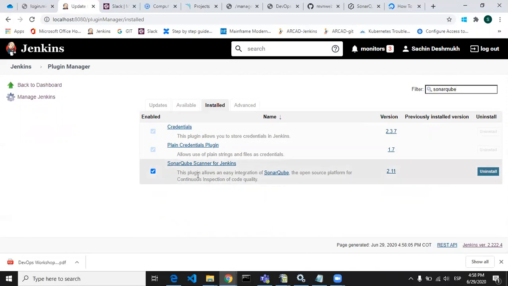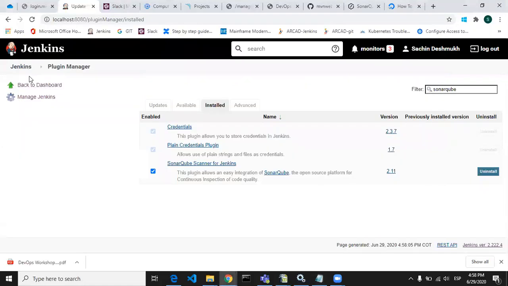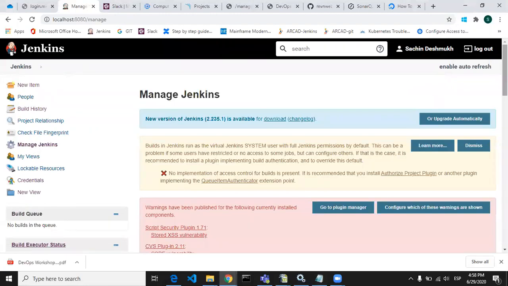So once you install this, the next step is to configure SonarQube in the Manage Jenkins sections of Configure System and Global Tool Configuration. So let's go to Manage Jenkins, Configure System.